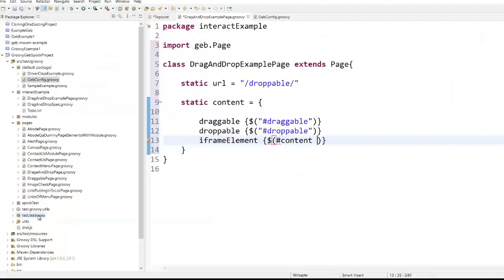Everything will be in double quotes. I just forgot to add iframe.